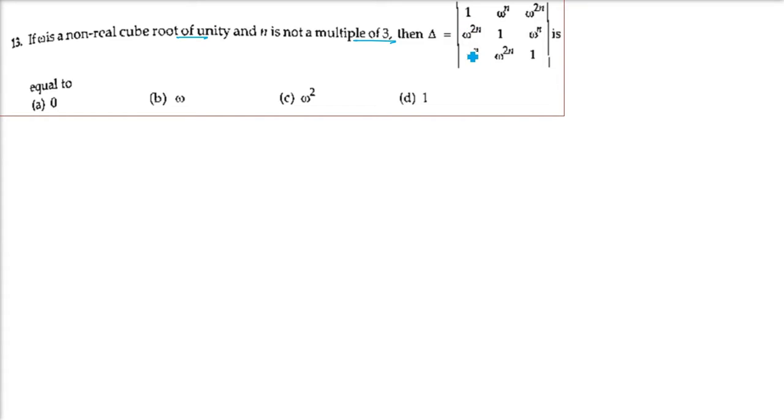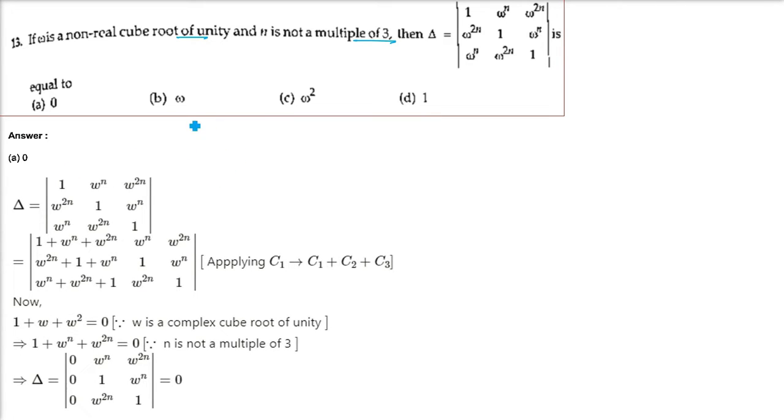So either you add the 3 rows or you add the 3 columns. The answer will remain the same. So we are adding column 1, column 2 and column 3. You can do it for row 1, row 2, row 3 also. So 1 plus omega raised n plus omega raised 2n. And similarly here also you will get 1 plus omega n,